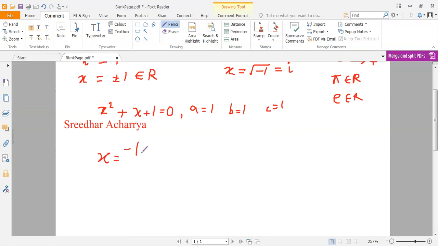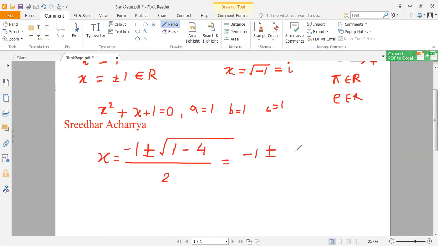So x is minus b plus minus root over of b square minus 4ac. So 4ac is 4 into 1 into 1. So let me just write that as 1 minus 4 by 2a. So that gives me minus 1 plus minus 1 minus 4 is minus 3, so root over of minus 3